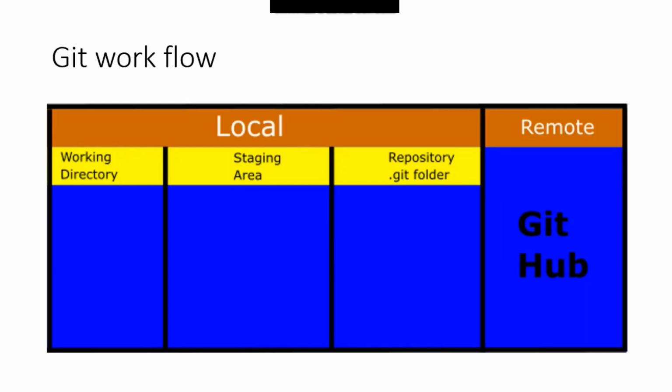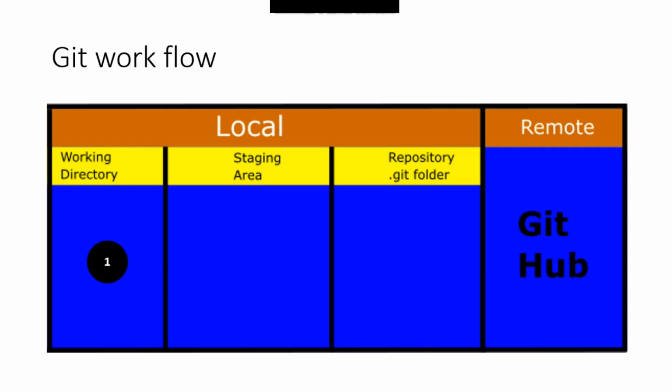Git workflow. This is the important concept in the entire Git course. Remember friends, this image has to be fixed in your minds. There will be 4 stages entirely, and 3 stages will be in your local system, and the final stage will be in your remote repository, which is basically the repository from where we cloned the project. Now once you get the project into your own local system, it is going to be placed in a directory called the working directory, which is basically the directory where you are working.